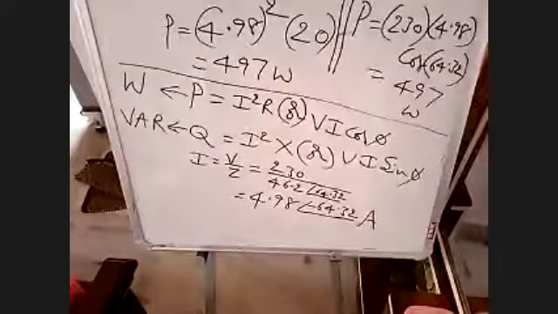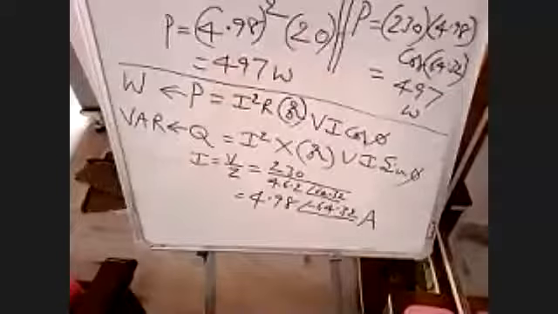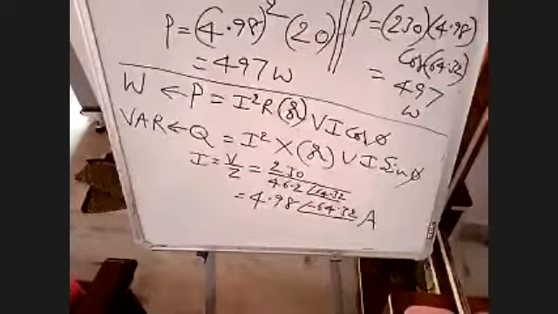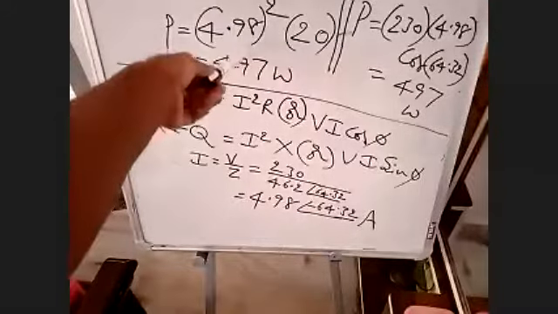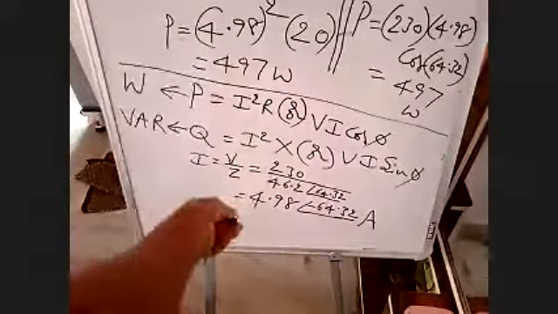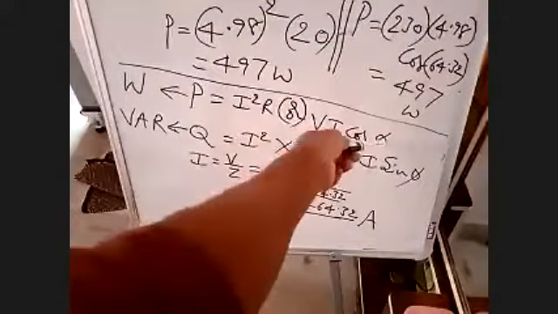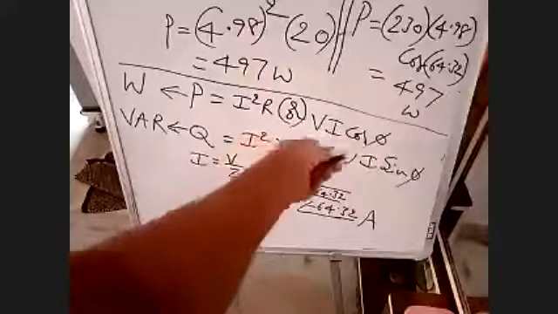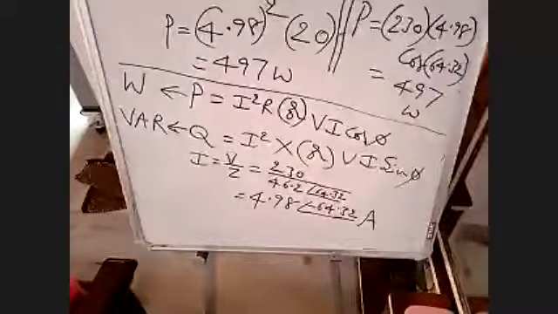So, any doubt in the calculation? Please remember, while calculating the power, I am not taking the angle here. See, 4.98 only I am taking, magnitude. Here also magnitudes. Phi is the angle in between voltage and current. Remember that. And next, calculate Q value.